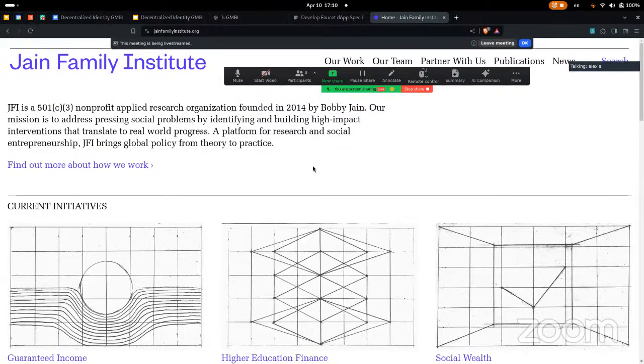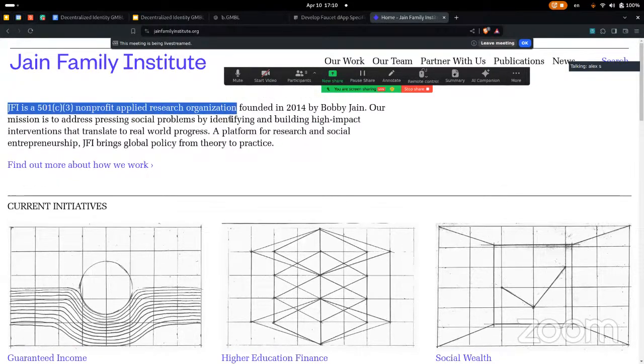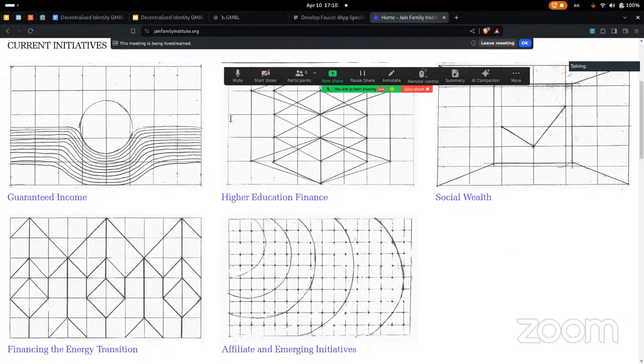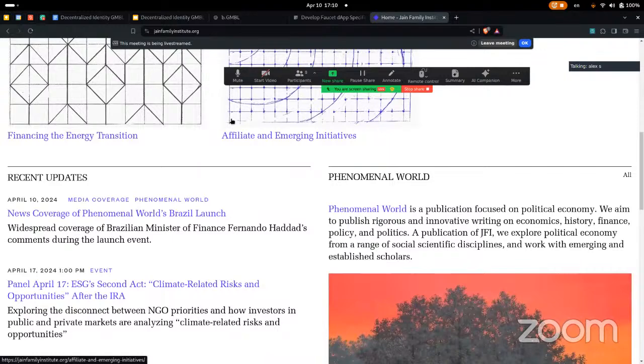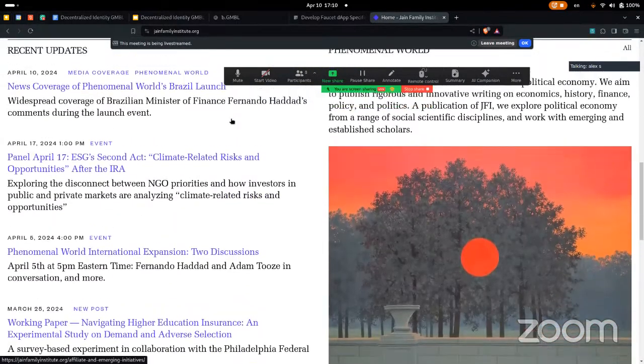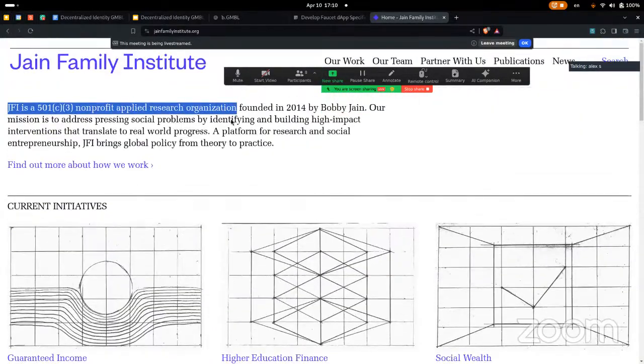So this website, right? You guys were talking about a research organization and a non-profit organization, which is Gimbalabs. This website says non-profit applied research organization, which is pretty close. I just looked at this website and it resonated with me because it looks pretty geeky, right? And what you showed in your website kind of resonated with this website as well. So just take a look and maybe it will give you some ideas about UI and UX.